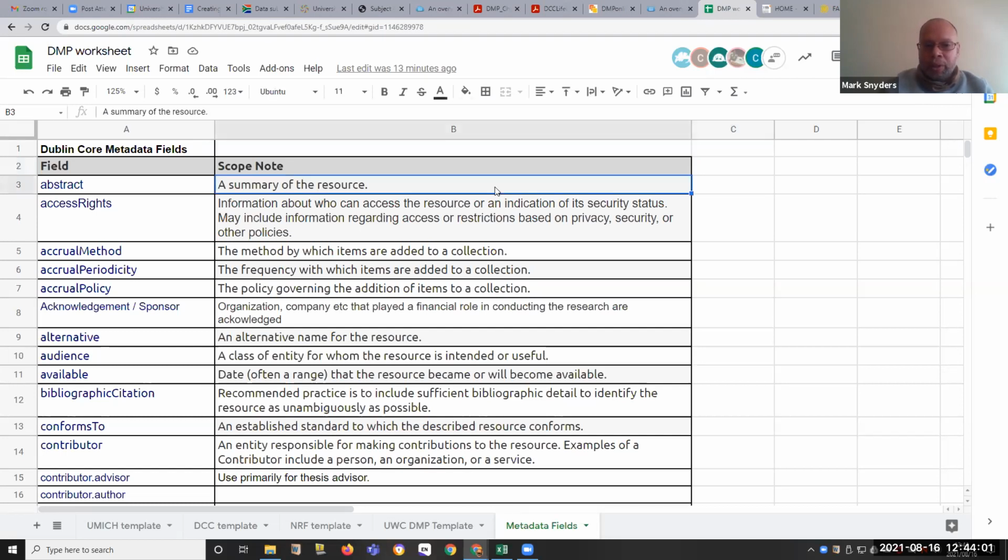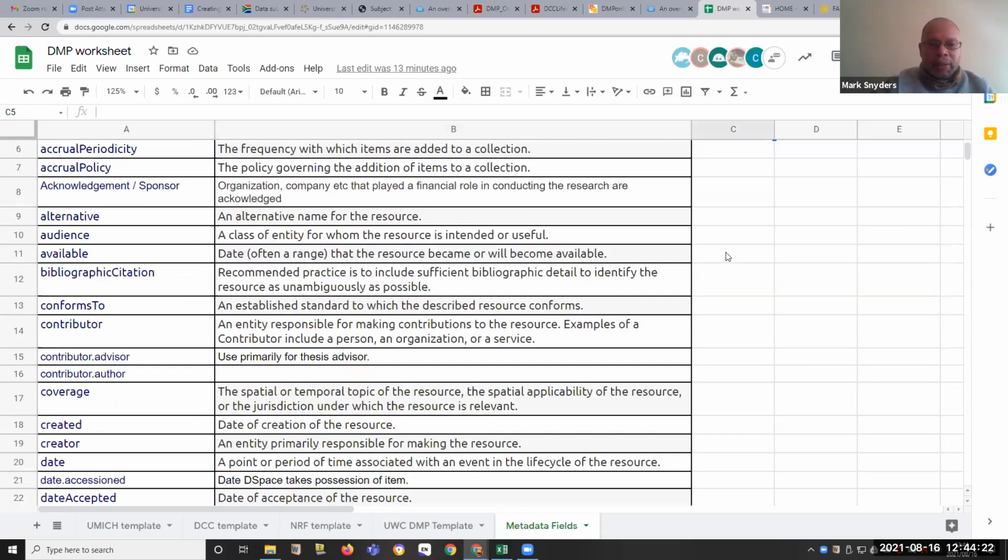So abstract remains abstract. We will not go through all of these. For example, access rights, in other words, who may use the information. Accrual method is the manner in which an item was added to a collection. There is a lot of information here that you will not necessarily use. Okay. What you may, for example, find useful is acknowledgement or sponsor, so organization. You may have, for example, an alternative resource.